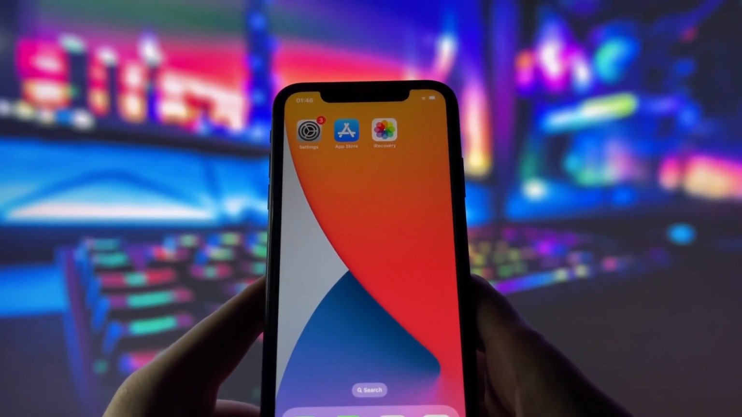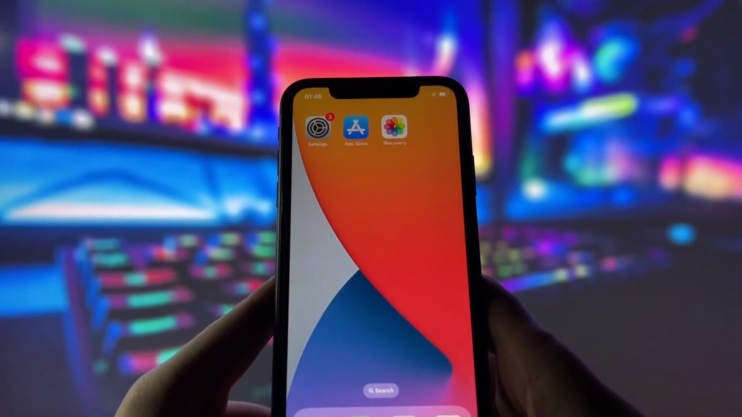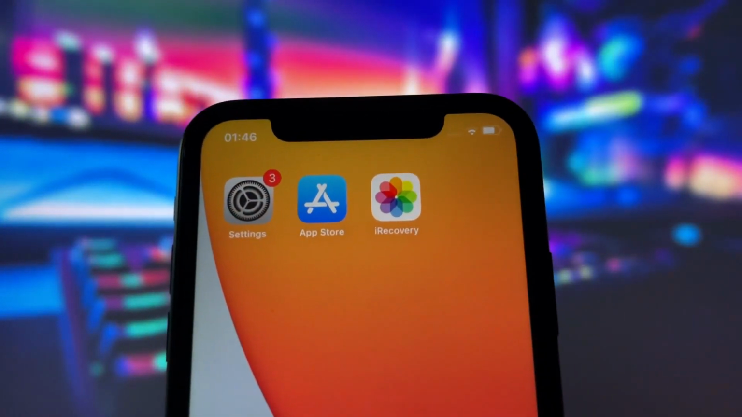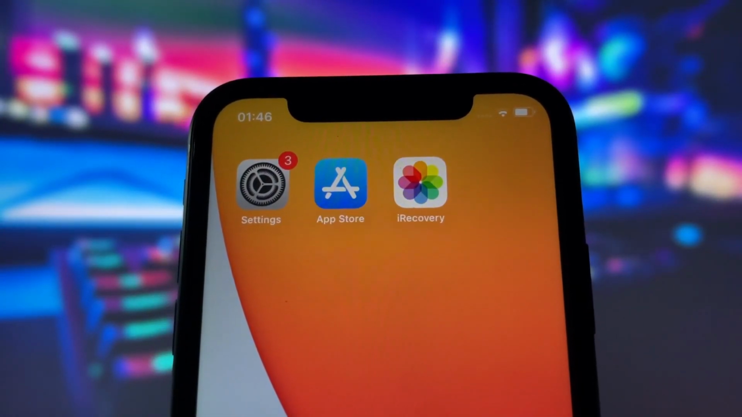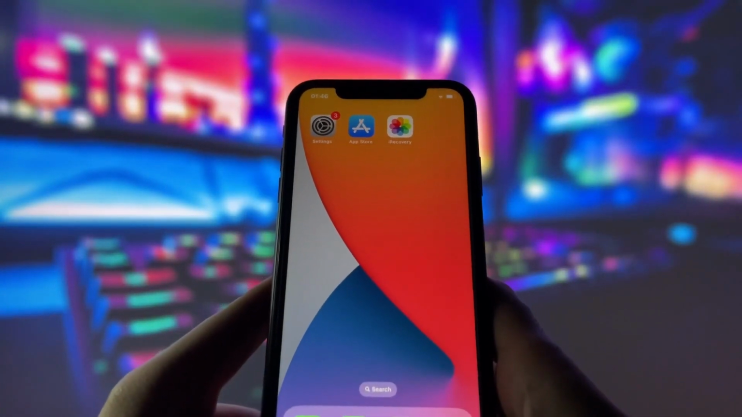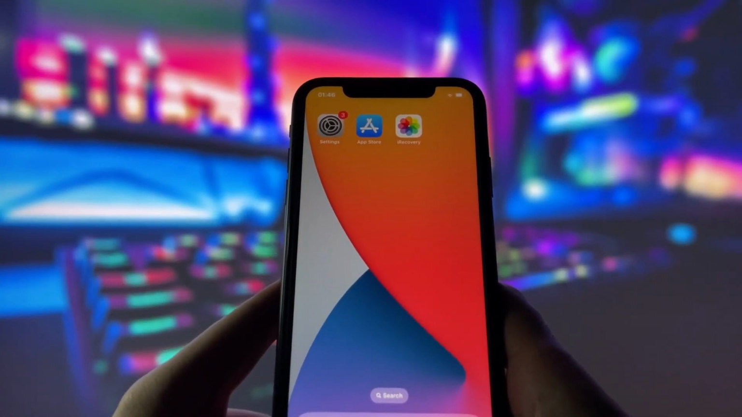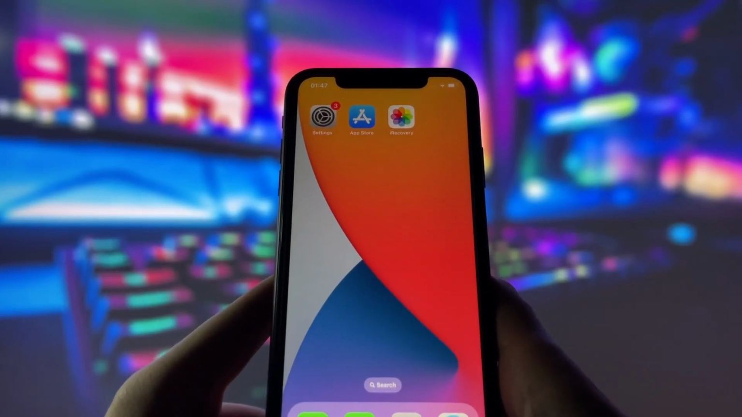Today, I'm excited to share a brand new method for recovering deleted photos, videos, or any files on iOS devices. We've all had those moments where we accidentally delete something important, and it feels like it's gone forever. But don't worry, because I've got a solution for you. In this video, I'll walk you through how to use an amazing app called iRecovery to retrieve those lost files. Whether it's precious photos, important videos, or any other files you've accidentally deleted, this app can help you get them